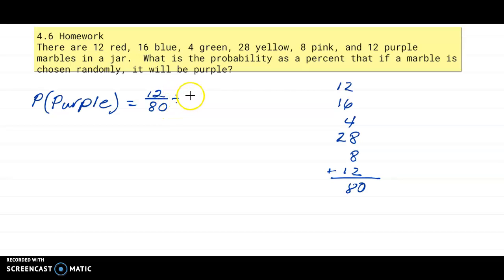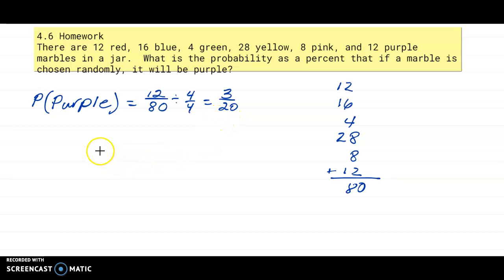And I'm going to divide this by a giant 1 in the form of 4 over 4. So 12 divided by 4 is 3, and 80 divided by 4 is 20. So the probability of pulling a purple marble out of the jar is 3 out of 20. Now they want this as a percent. So there's a lot of ways we could go about turning